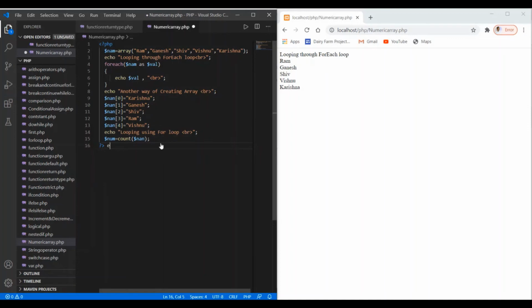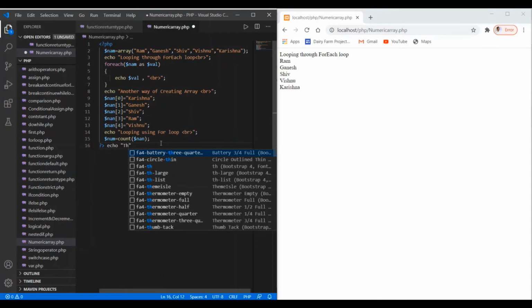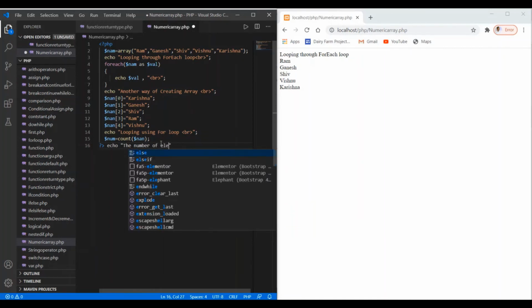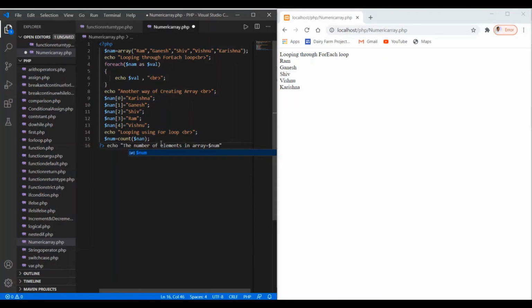Here I am going to display the number of elements in the array: the number of elements in array is equal to, and I'm giving the variable num as a reference, and at the end I'm using the br element and putting the semicolon.